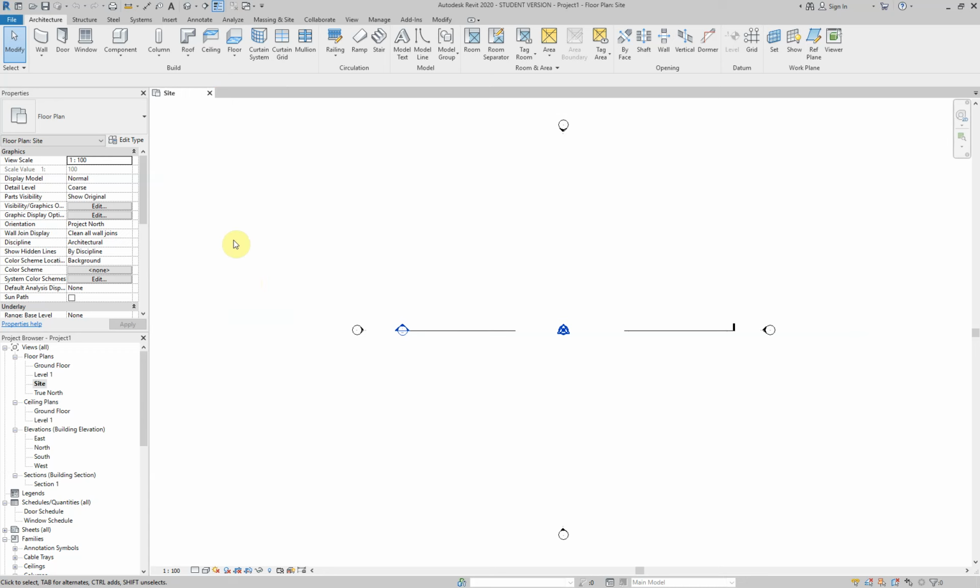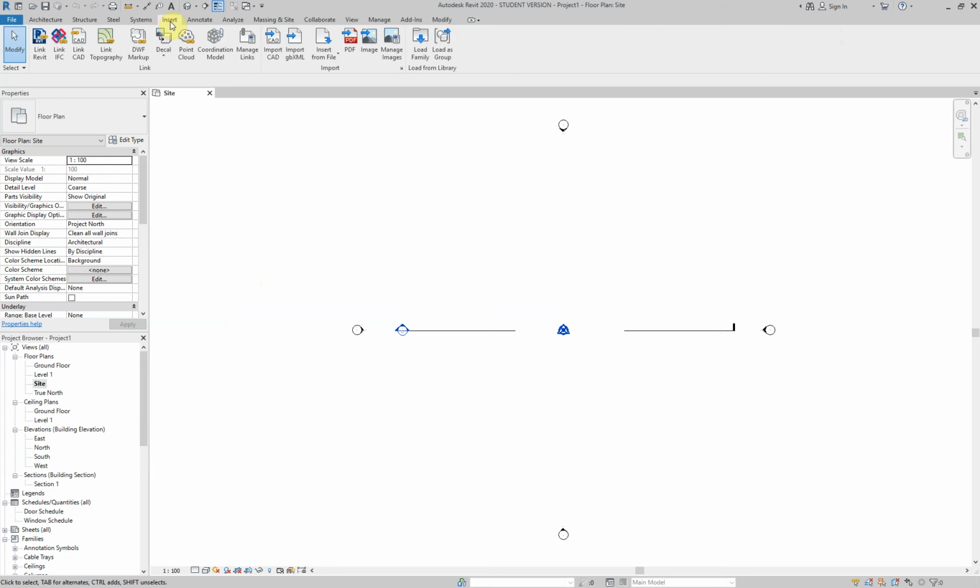Okay, so now what I want to do is insert a CAD file. As we all know, when we're dealing with building design, it's a really good point to start. Our canvas is the ground that we are building on, so let's start with that. So what I'm going to do is go Insert, and I'm going to import the CAD file. So I'm going to bring it into the actual file. So I'm going to go left click here,